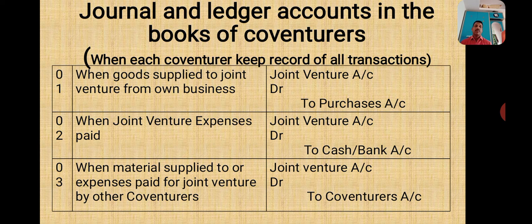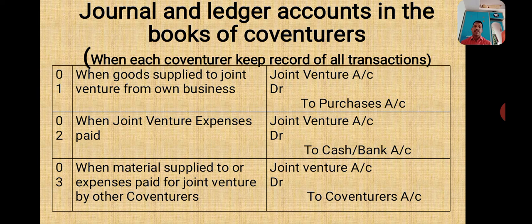Why is the joint venture account debited here? The joint venture account is nominal in nature. So the goods supplied to the joint venture are treated as expenses of the joint venture and debited to the joint venture account. The purchases account will be credited because when we purchase the